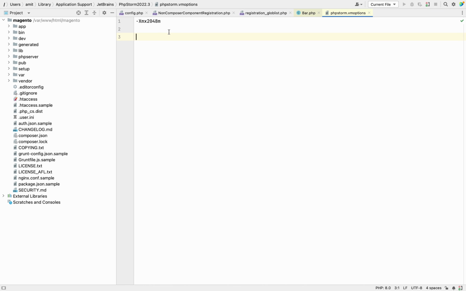But before that, first check what resources are available for your whole system, not only for PHP Storm. There should be enough RAM available in your laptop. Only then should you change it to 4 GB. Otherwise leave it at 2 GB. But if there is enough RAM available in your system, change it to 4 GB.